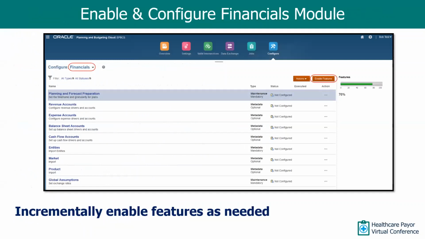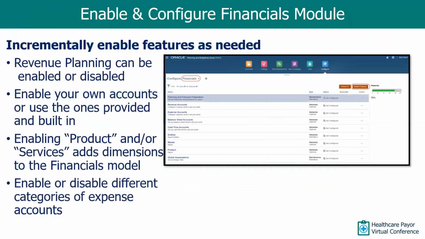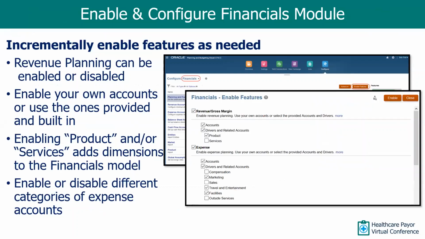So once you create an application, this is where you'll create the application, and then you're going to go to the screen where you can enable the financials framework. We're able to incrementally enable features as you need them, which is great. So you'll go through the process once you've enabled the features. This is where you can check, do we want to plan revenue and gross margin? Do we want to plan expense? We can choose